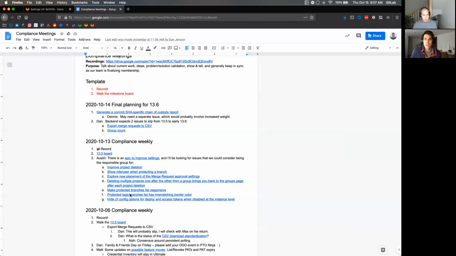So we're trying to match whatever behavior is there today. For example, we're not trying to change the push rule settings in terms of how they're inherited. At the instance level, if you set them up, they're not inherited by projects. We're not going to change that. Instead, we are going to drive from the compliance dashboard a way to understand which projects aren't matching the instance level. So we wanted to give them the button to set projects back to the default that was set at the instance or group level.